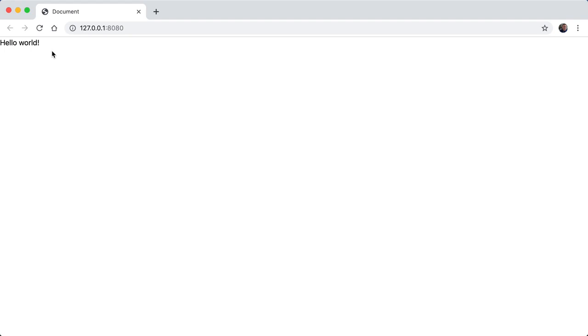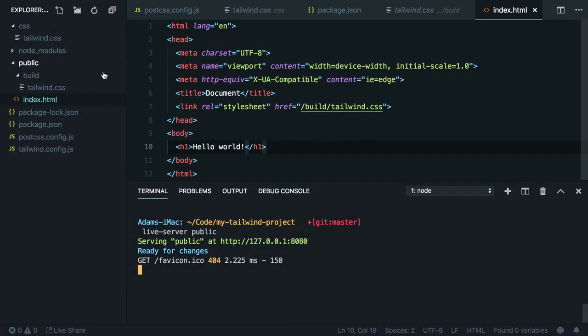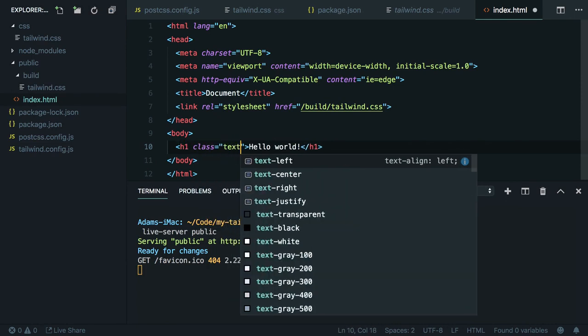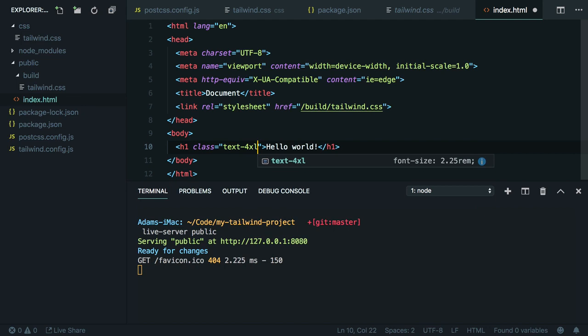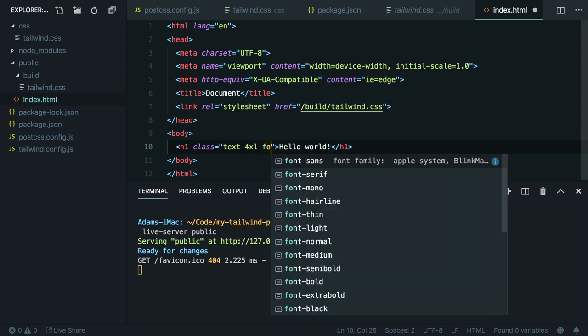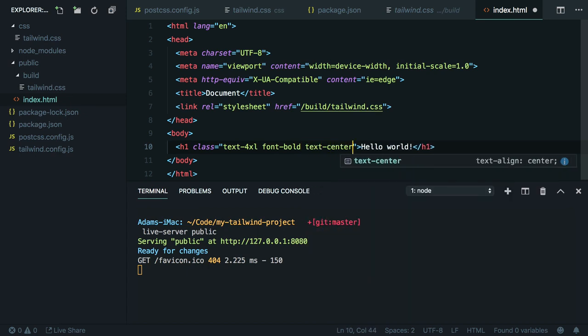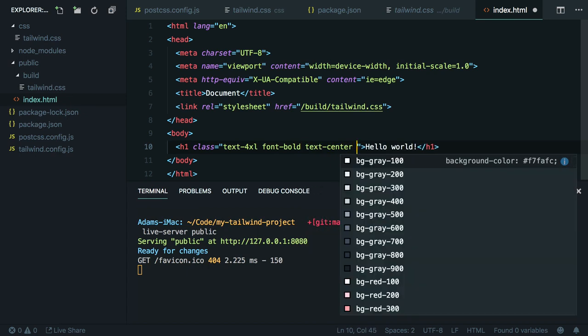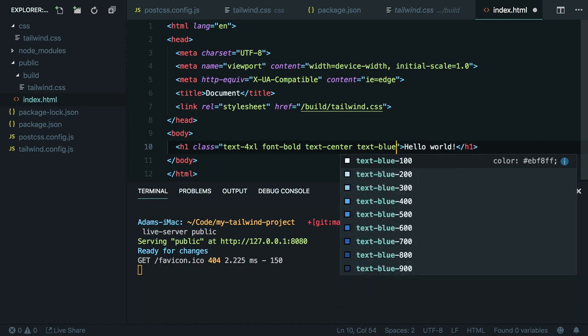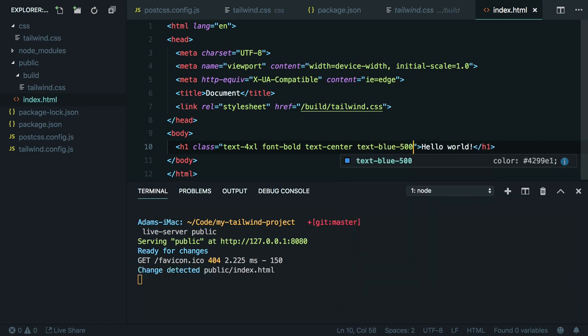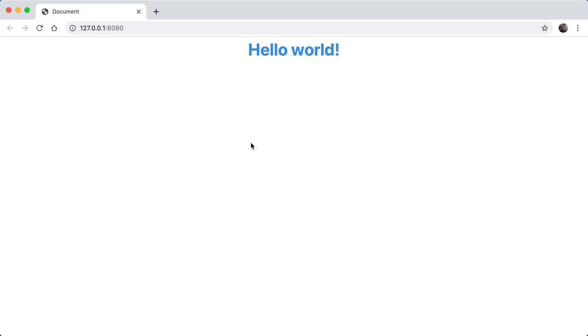So let's head back to our HTML and add some styles to this element using Tailwind's utility classes. So let's head over to this h1. Maybe we can add a class attribute. Maybe we can make the text bigger using something like text-4xl to make the text 4 extra large. Maybe we can make the font bold with font-bold. Maybe we can center the text with the text-center utility, and maybe color the text using a utility like text-blue-500. Now, if we head back to the browser, you can see we have this big blue hello